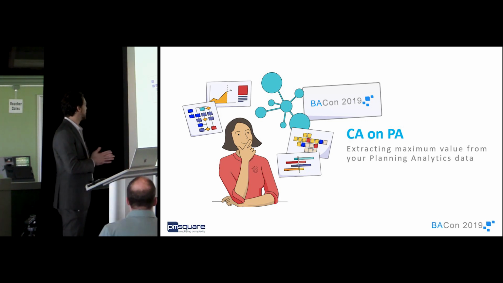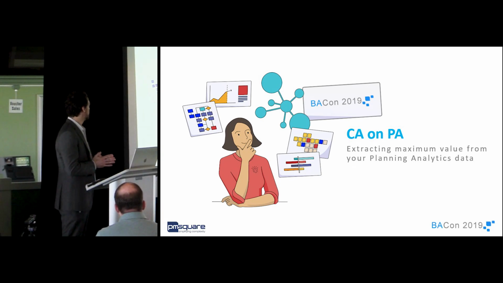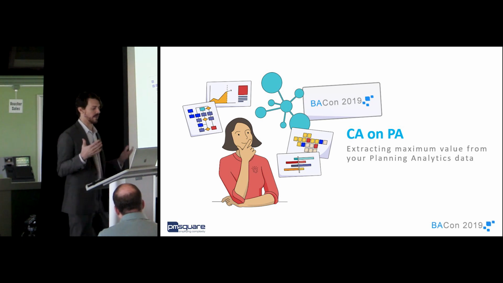Hopefully you're here for CA on PA. Hopefully you know what those acronyms mean. It's Cognos Analytics on Planning Analytics, so we're really going to be talking about how to extract maximum value from